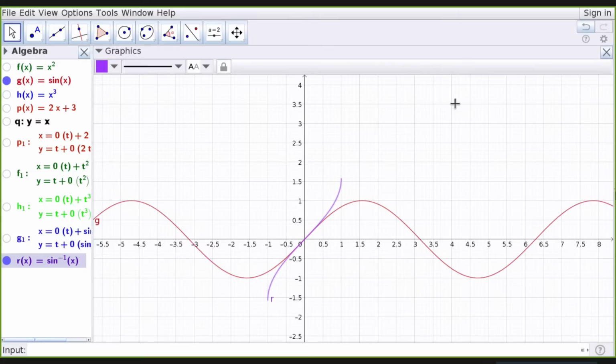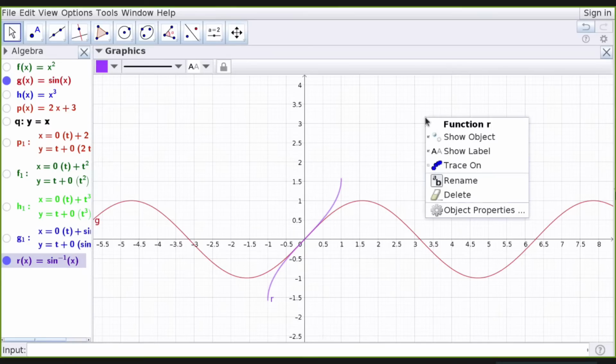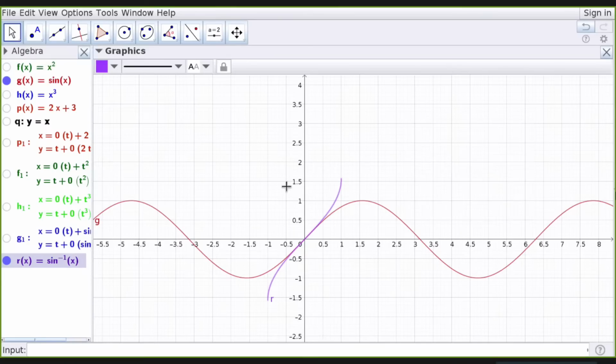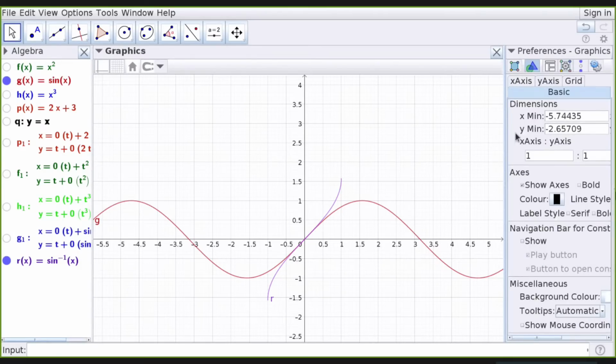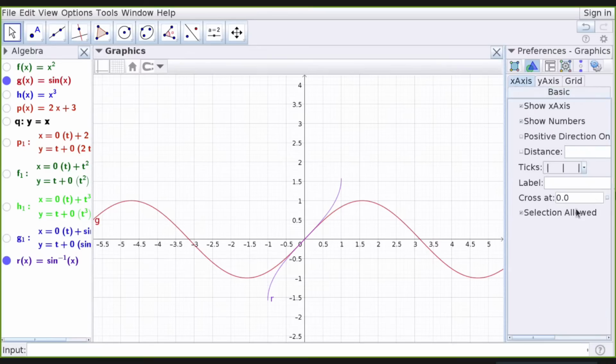Then some of you may be having a problem that this axis is not showing in terms of pi. Usually you should see the axis as multiples of pi. That you can make. You can right click on the screen, go to graphics, and click on x-axis. It will ask what type of distance you want.